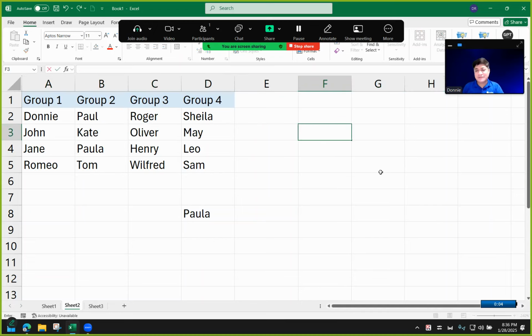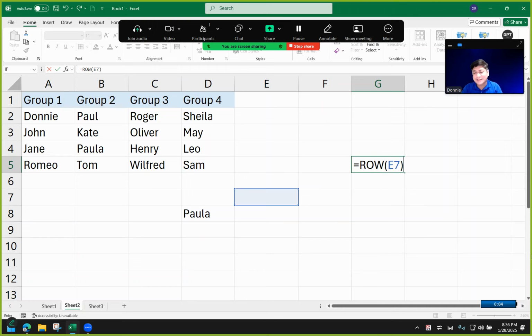If I use the very same formula, ROW, open parenthesis, close, then I will get a different result simply because I am in a different column. Simple as that. Now, row can be manipulated in such a way that if I say, what is the row number of cell E7? I will get 7 because obviously the row number of E7 is 7. So if you give it an argument like a reference, which is optional, then it will give you the row number of that specific cell.